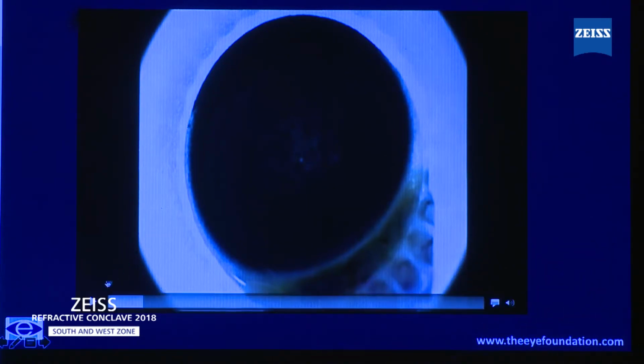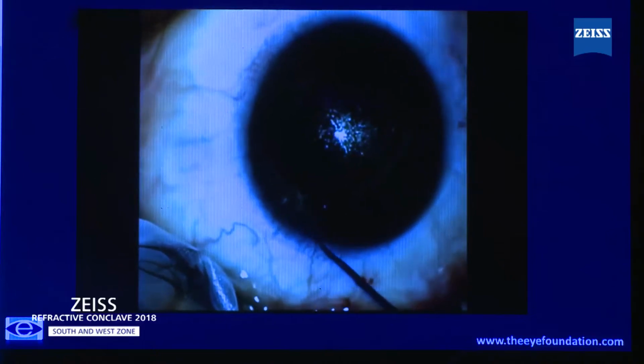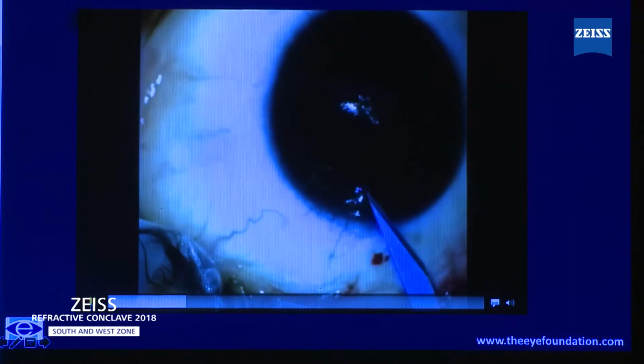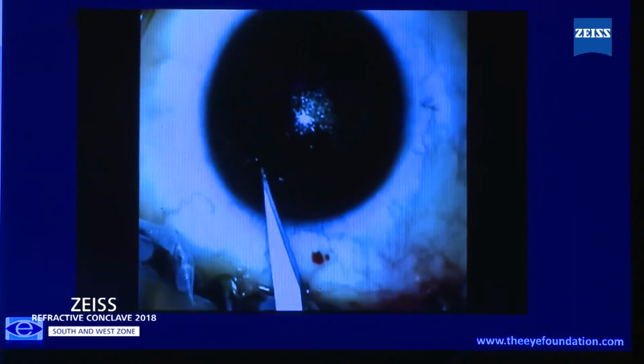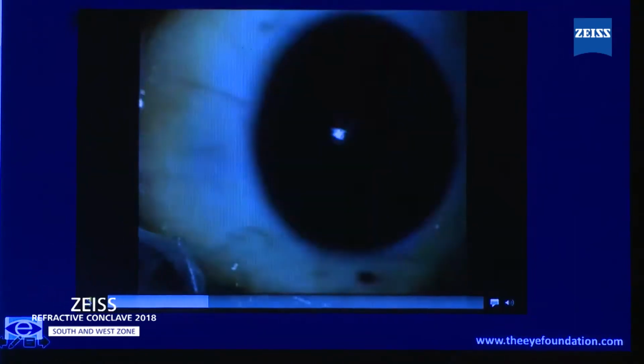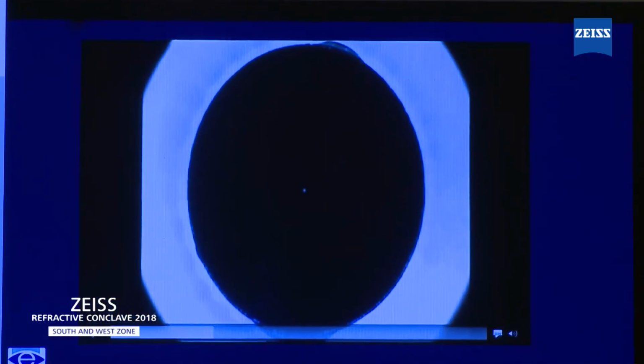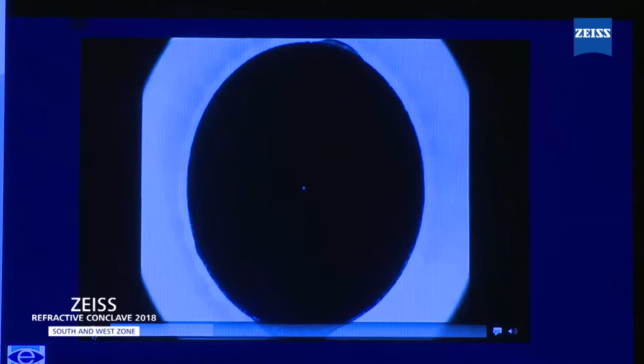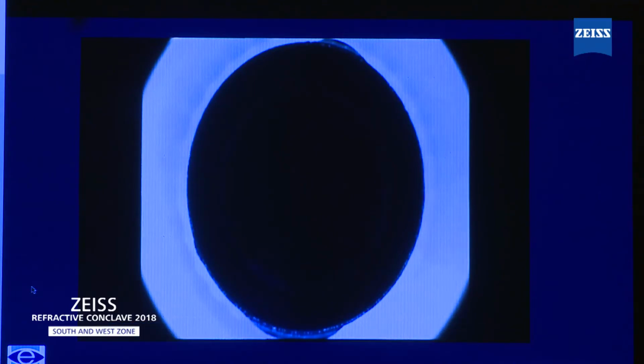So you could see that, can you play please? You can see that clinically as well, wherein we're not able to find a side cut. We even tried to do so by gaining an access to the lenticule using a sharp-tipped blade, but were unable to do so. So what would be my option at this juncture? The only thing I could do would perhaps be to abort the procedure and carry out a surface ablation at a later date. So what I did instead was I used the Circle software to convert the pre-existing cap into